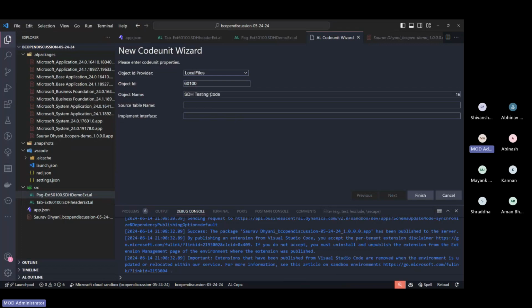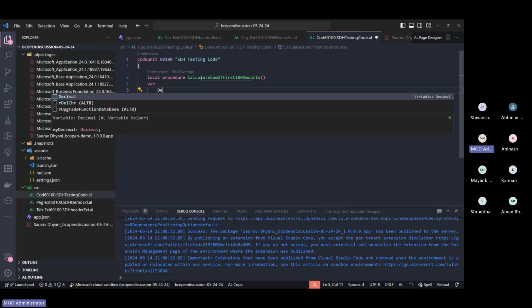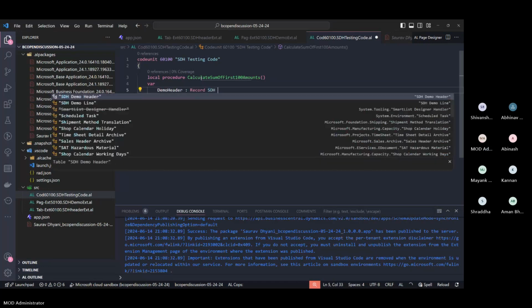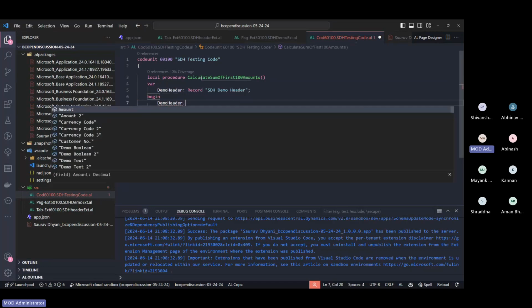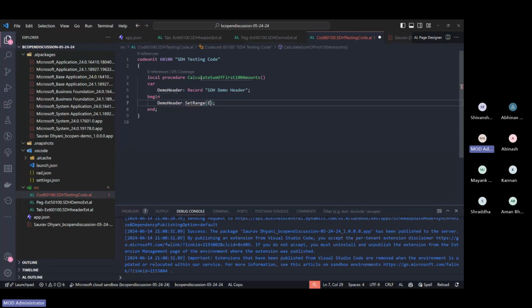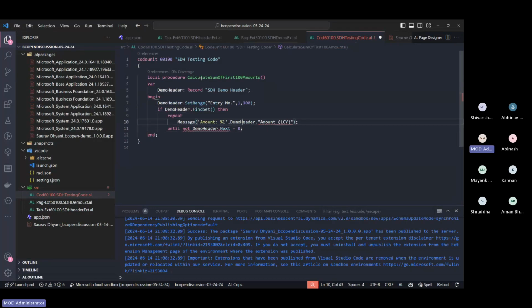Okay, so let's create a procedure, and help me here. This is, let's say, calculate sum of first 100 amounts. Our table is demo header. Now, what should I be doing? If I'm doing something wrong, stop me. Demo header dot set range, entry number 1 to 100. If demo header dot find set, then,